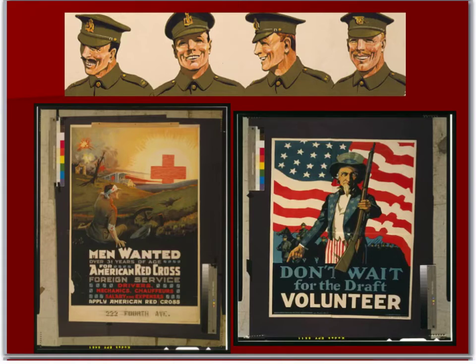Down on the bottom we see Uncle Sam says, "Don't wait for the draft, but volunteer." So trying to encourage young men to join in and do the patriotic thing. On the other side we have an ad actually for the American Red Cross. They play a huge part in this war, and they were always looking for drivers and mechanics and people skilled